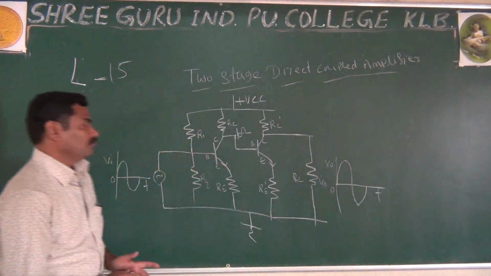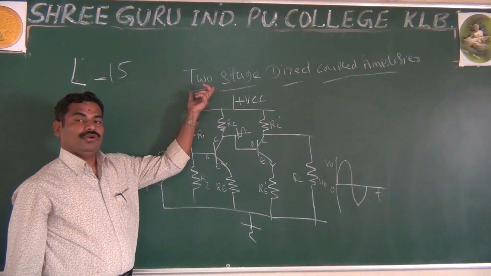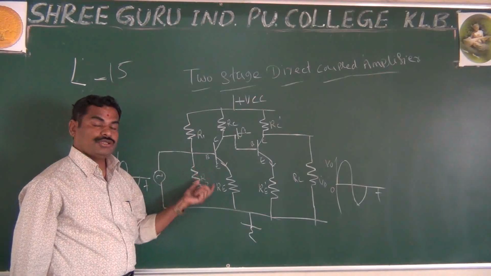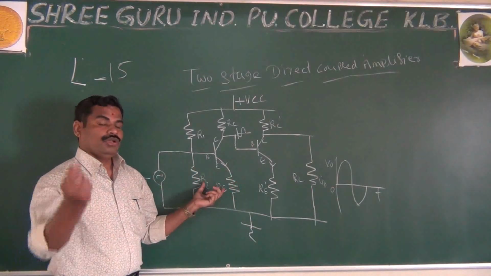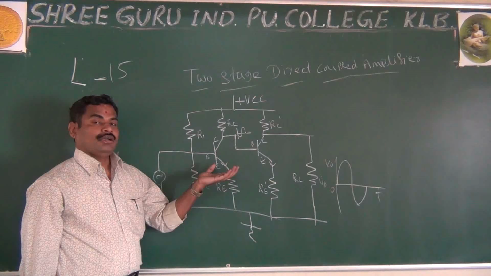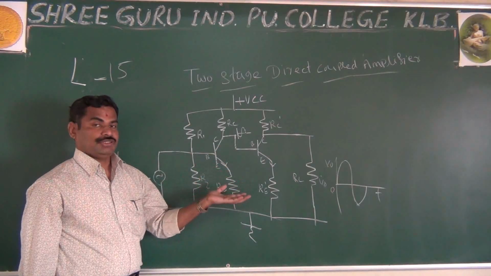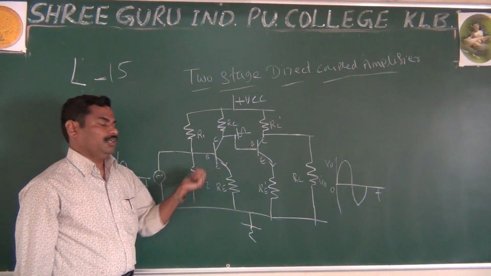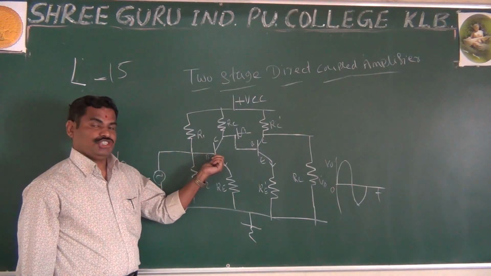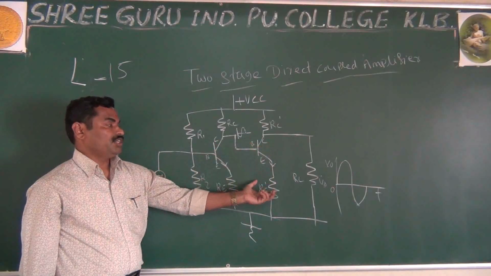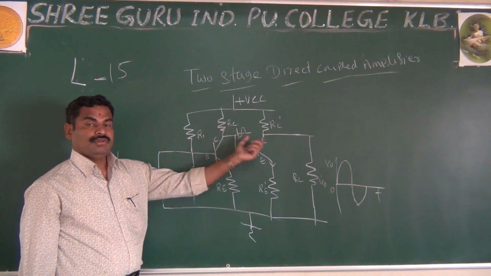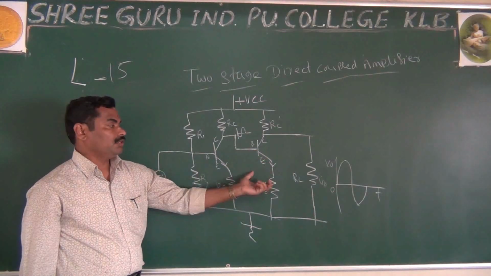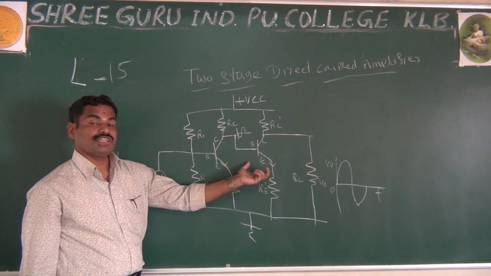In your direct coupled amplifier, we are using two transistors, they are NPN transistors, and also you are using two CE amplifiers. Only the small change is that you are not using any coupling or bypass capacitors. Only R1, R2, that is voltage divider biasing, makes the biasing for the first stage. But what about biasing for the second stage? That RC is nothing but base bias, used for the second stage.